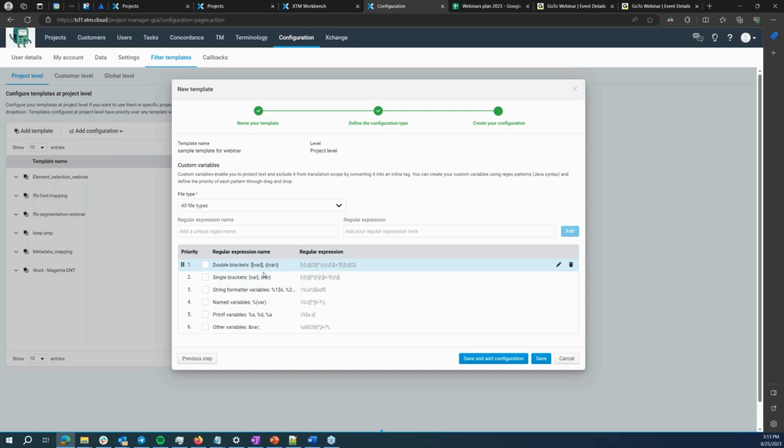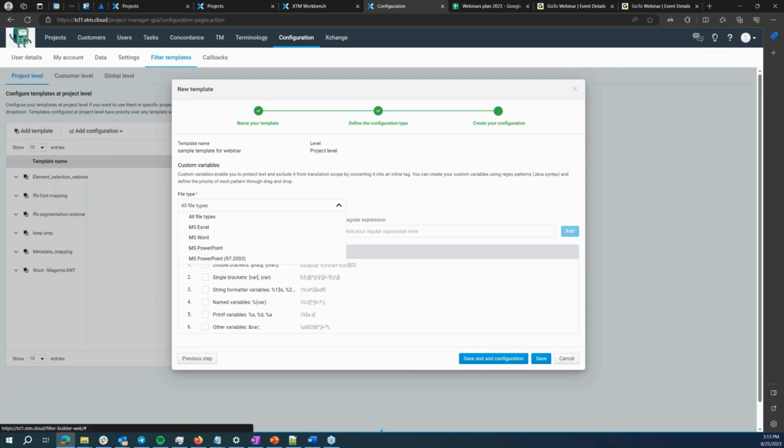This will be turned into an inline element, which will prevent the linguist from editing its inside. Also will trigger QA checks if these elements are missing in target. So this is a layer of protection on top of the exclusion of non-translatable content when you are parsing the files. But we can also see here